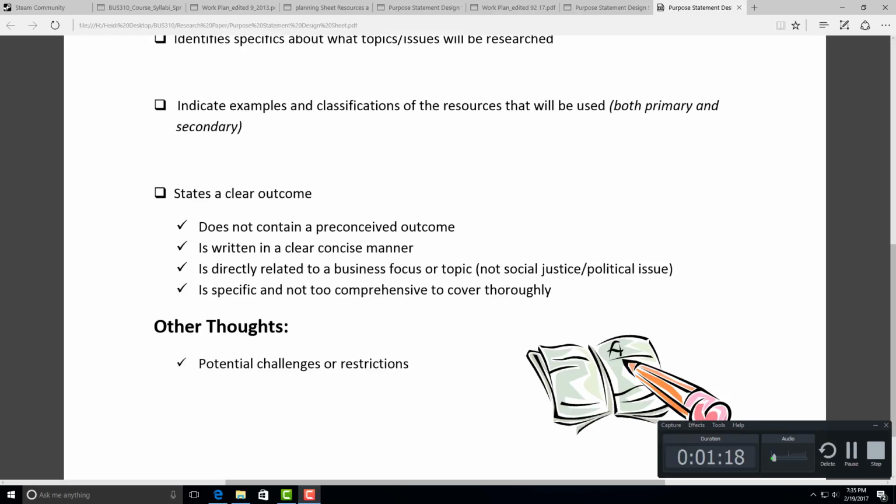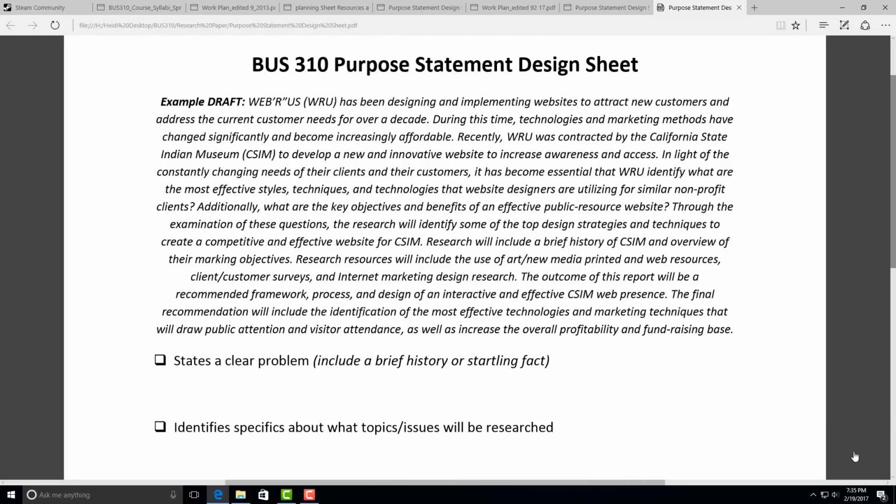Let's go ahead and give you an example. The purpose statement that you're currently reviewing was in response to a student who was asked to create a website for the California State Indian Museum. This was their example draft. Now, this is just a draft and it does contain some errors. However, it is an excellent place to start and see if you can identify the clear problem, the specifics, the